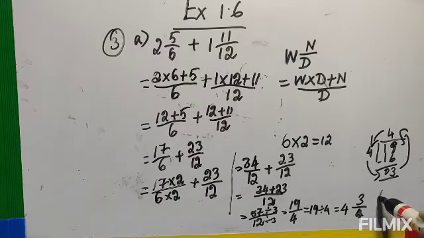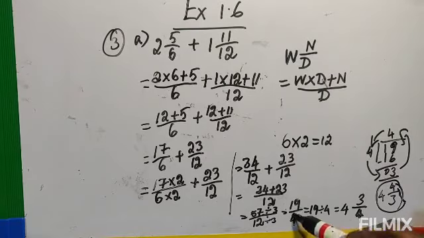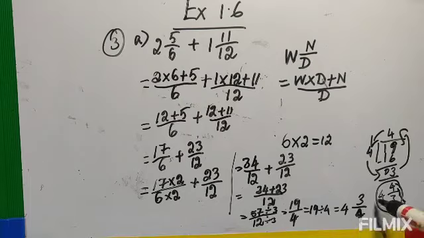Don't write it; some of you are writing 4 by 3. Be careful, the denominator must be the same. Here it is 4, so this answer also will be 4. Don't forget that one. If the denominator is changed, then your answer is wrong. The denominator will remain the same. So this is the answer. This is the last answer.